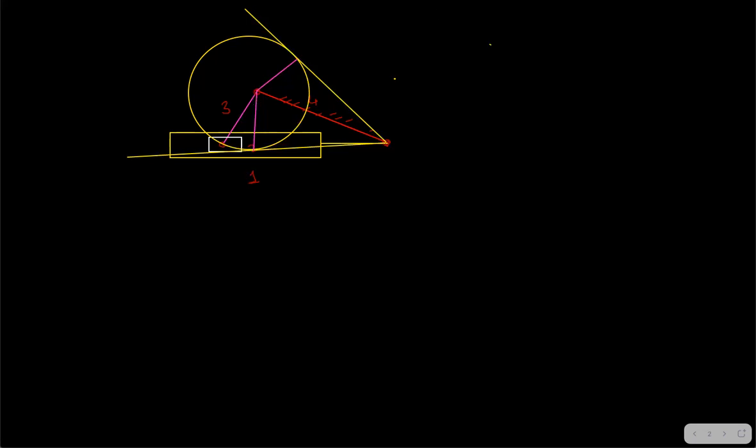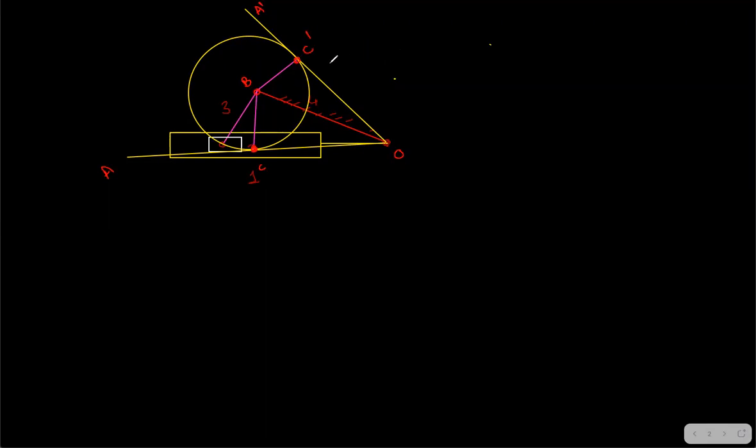So now you check. I'll just give labeling here. This is O, about which the slotted lever is oscillating, and let's say this is A, this is O, this is A, and this is A dash. And this is B, the center about which the crank is rotating. And let's say that this is C dash, and this initial point is C over here. This point is C, sorry, yeah, C. So this point is C, this point is C dash.